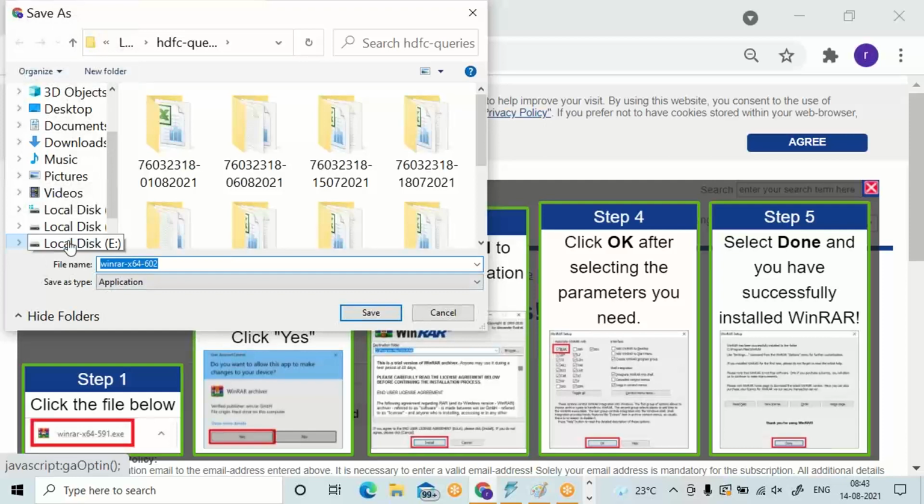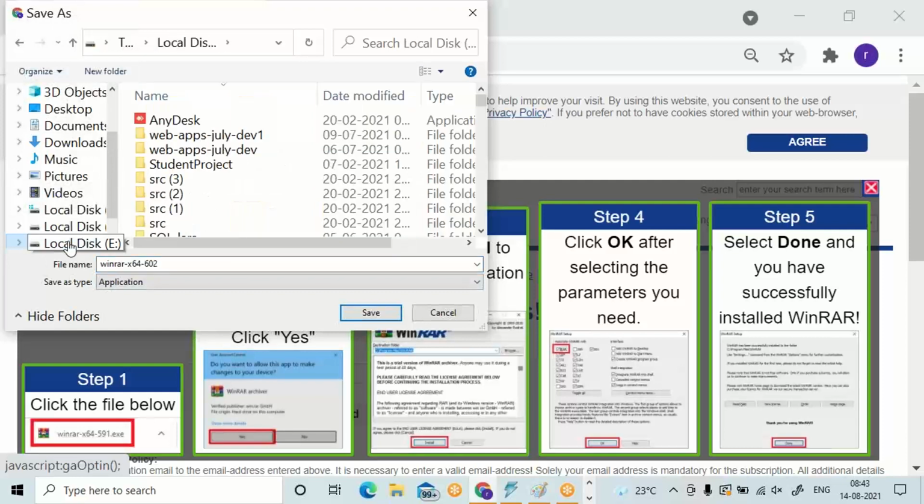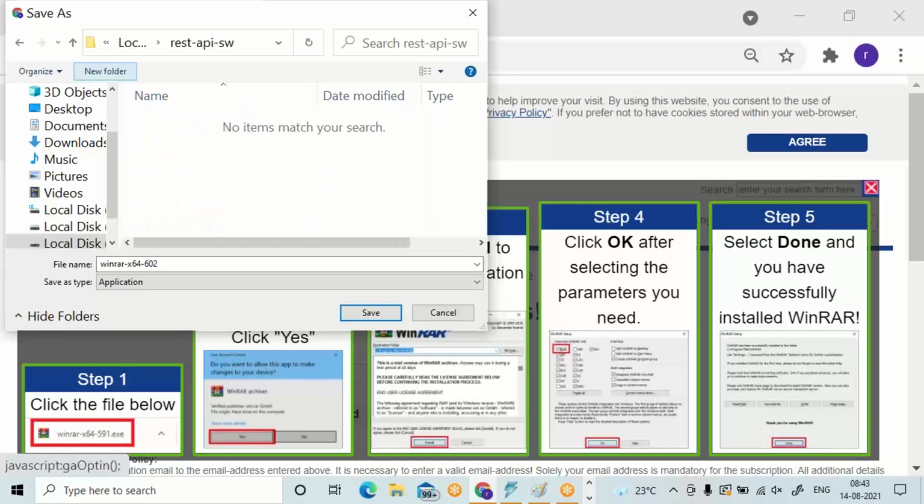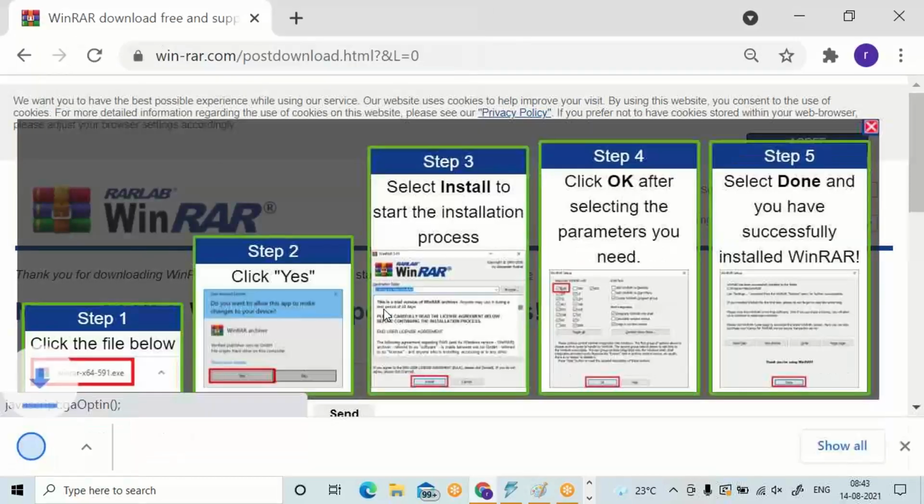Let me choose a separate directory. I'll create a new directory, REST API softwares. Try saving WinRAR.